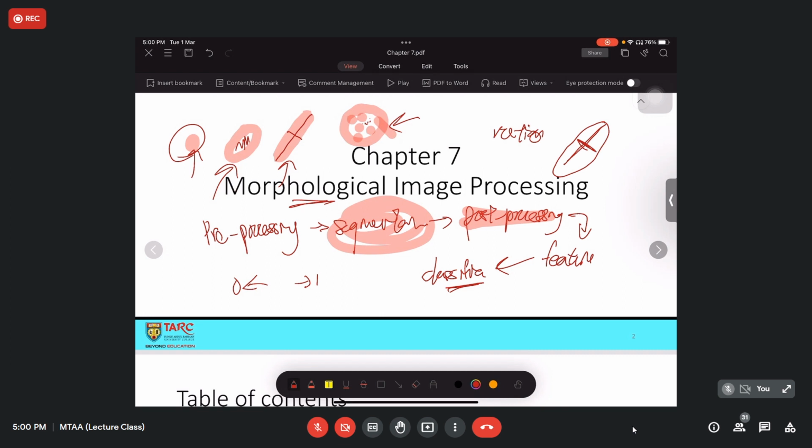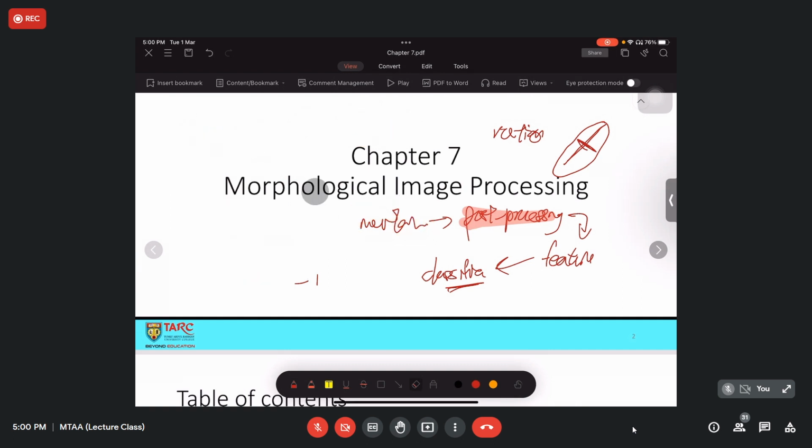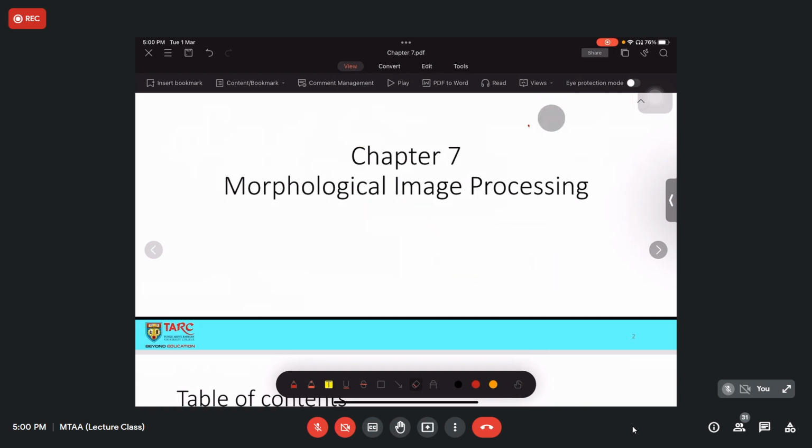So morphological is any process that deals with all kinds of geometrical arrangement, the appearance, etc. Okay, so it is, I would say, not main but very important or fundamental part of image processing. Basically for morphological, as I mentioned just now, you are dealing with the geometrical appearance of an object, and when you deal with the geometrical appearance of an object, you are dealing with the shapes of the object as well.